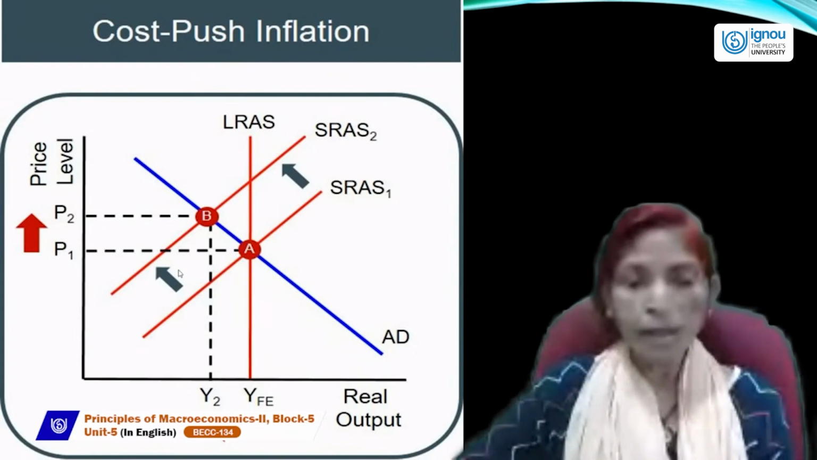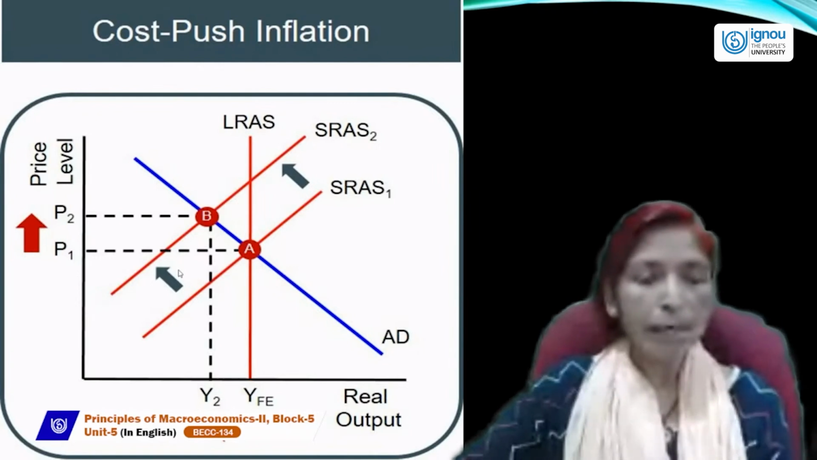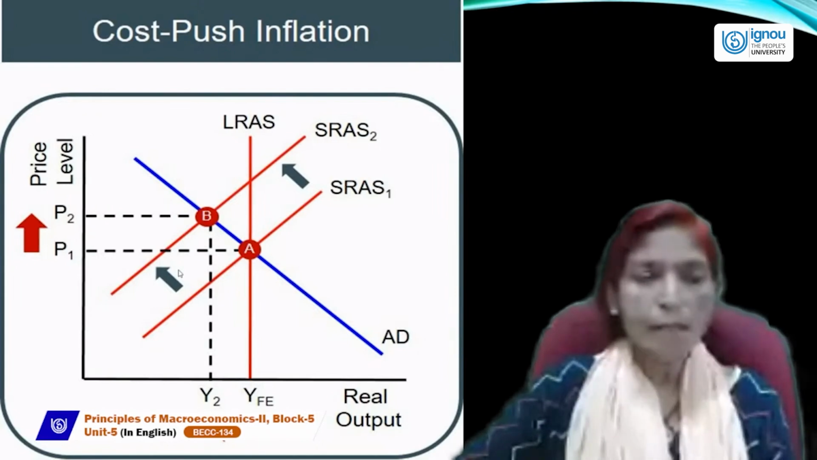The SRAS curve is generally an upward sloping curve, where SRAS1, AD and LRAS all intersect each other. Equilibrium point A is determined. At this equilibrium point, the price level will be P1 and income will be Y. Here F is showing full employment, because when full employment is achieved, the LRAS curve will always be vertical or parallel to the